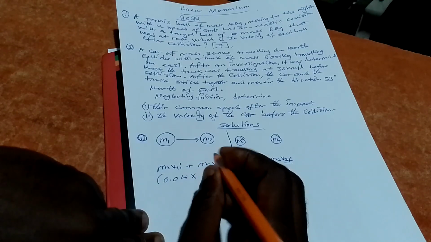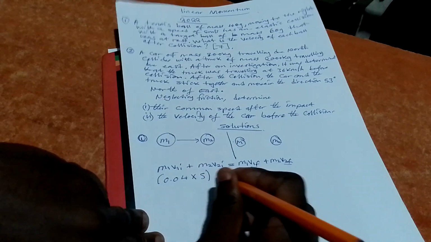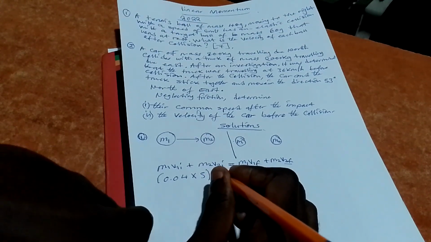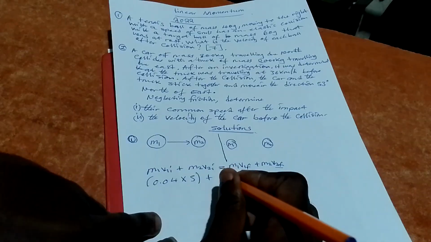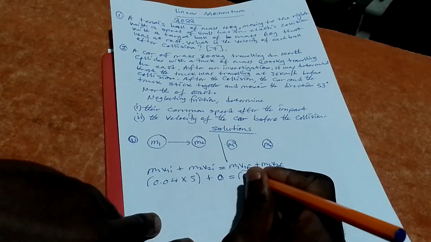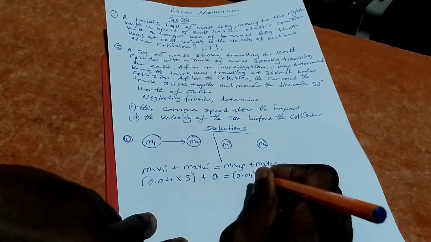It was moving to the right at 5 meters per second, so times 5, plus the initial velocity for the second ball, which was at rest, so plus 0, equals M1, which is 0.04, times V1 final, which we are looking for,